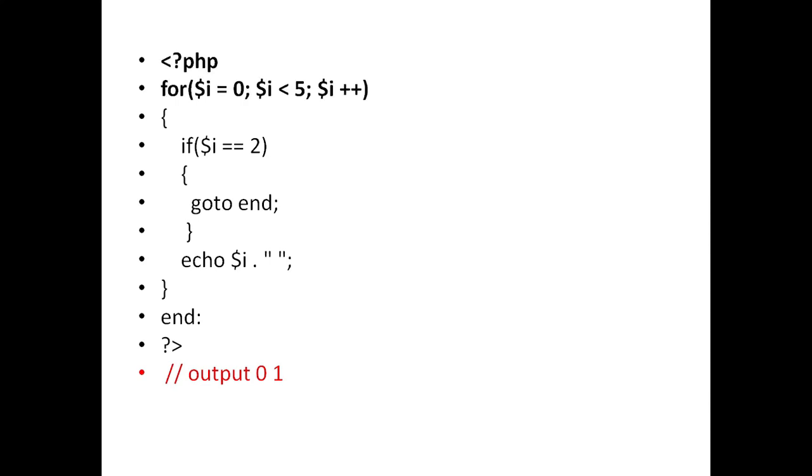This program will explain how the goto statement works. Here a for loop is defined for value of i which starts from 0 and the loop will execute until the value of i is less than 5. Under this for loop, it will check if the value of i is equal to 2. If it is 2, it will execute goto end. Else it will print the value of i. So when we execute the program, the output will be 0 and 1. Since if the value of i is 2, it will terminate the loop and the control is passed to the label end.